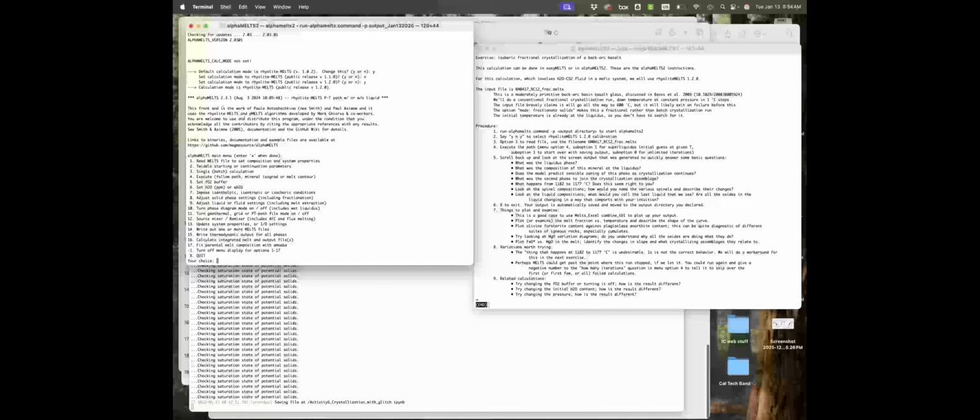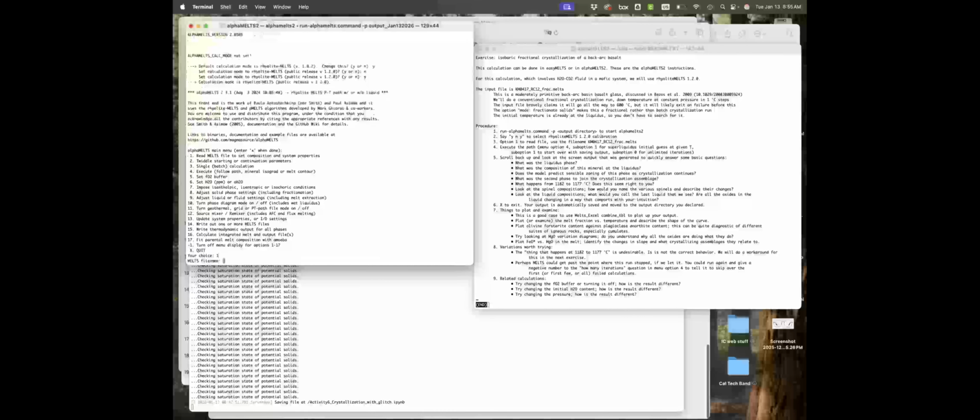Okay, it has some info about what program you're running. And then it has this menu of things that you can do. The first thing you do, unsurprisingly, is almost always option 1, which is to read an input file. Okay, so we say option 1, and now we need to tell it the name of the input file. Now, Paula went to a whole bunch of trouble to get tab completion working here inside alphaMELTS. So we can just type capital K, because there's only one file in this directory that starts with K, and tab. And I don't have to go find the whole name of that file,